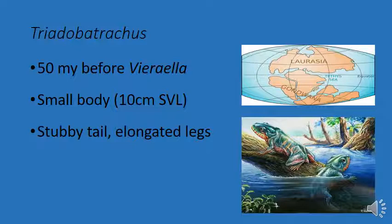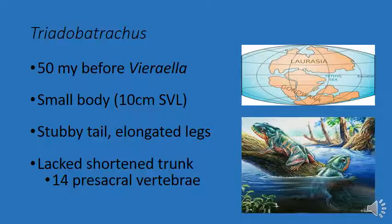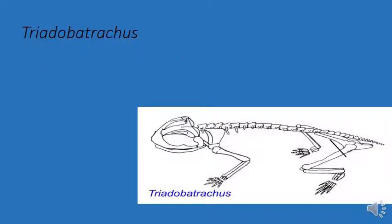Had a relatively stubby tail, so it did possess a tail, and it had elongated legs, and really lacked a shortened trunk, so it still had a larger number of presacral vertebrae than modern day frogs. So let's examine briefly the skeletal morphology of Triadobatrachus, the first thought to be proto or first